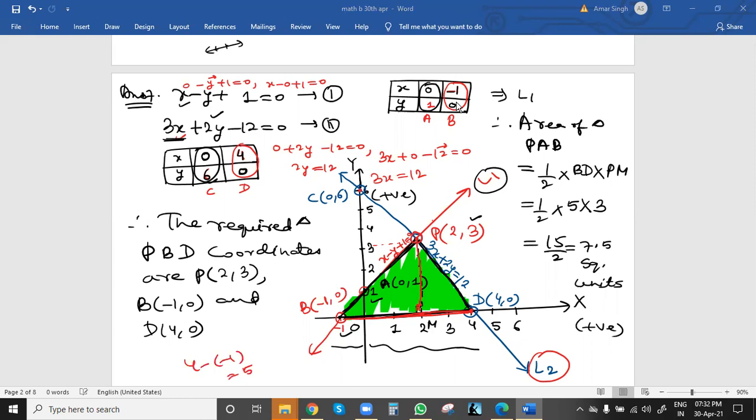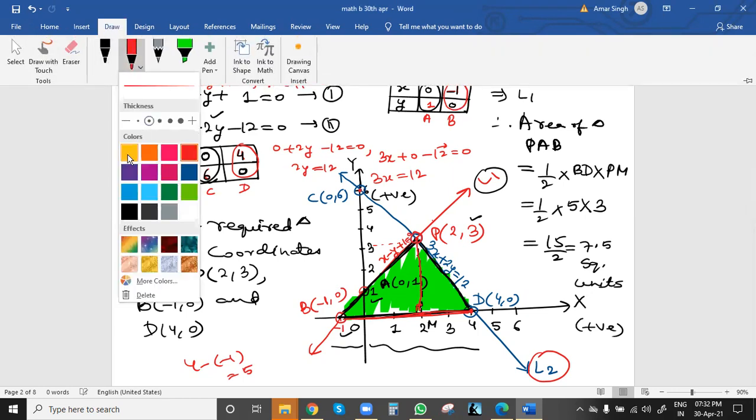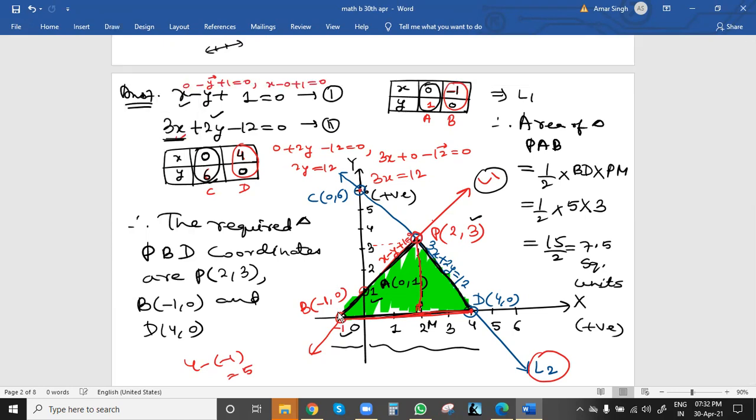If you have proper coordinates and proper scaling, then we can easily plot. A triangle has 3 coordinates only. One point is here, which we know is (-1, 0). From the graph, (-1, 0) was point B, which we already took. Then (4, 0) is the second point, which was also there when we drew the line. A triangle has 3 coordinates only, so these are 2 coordinates, and the third coordinate will be P point.